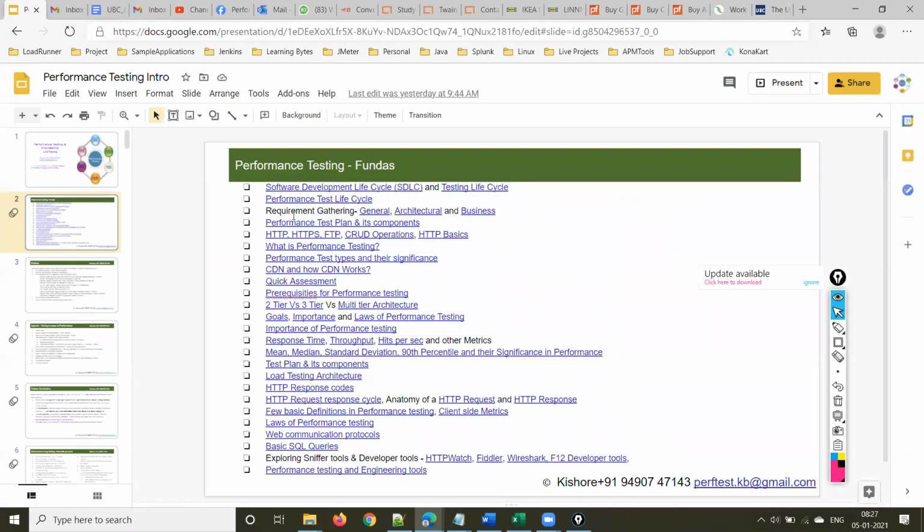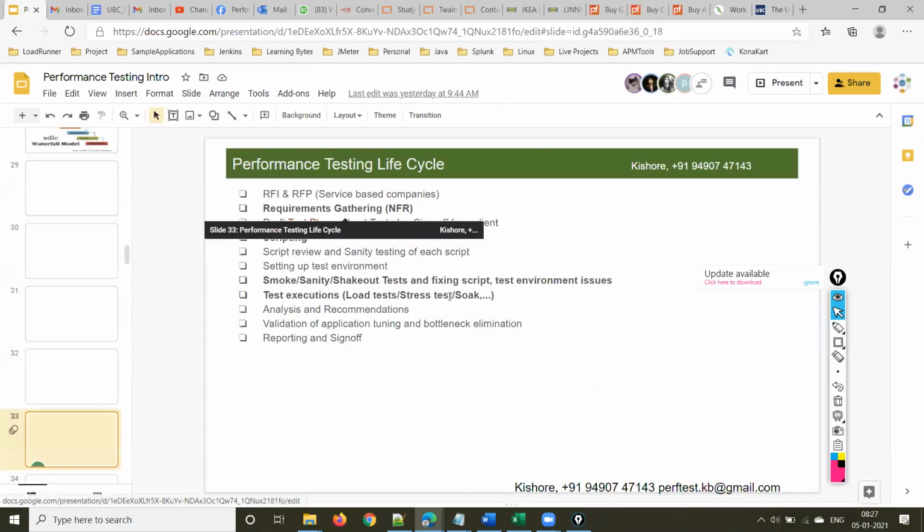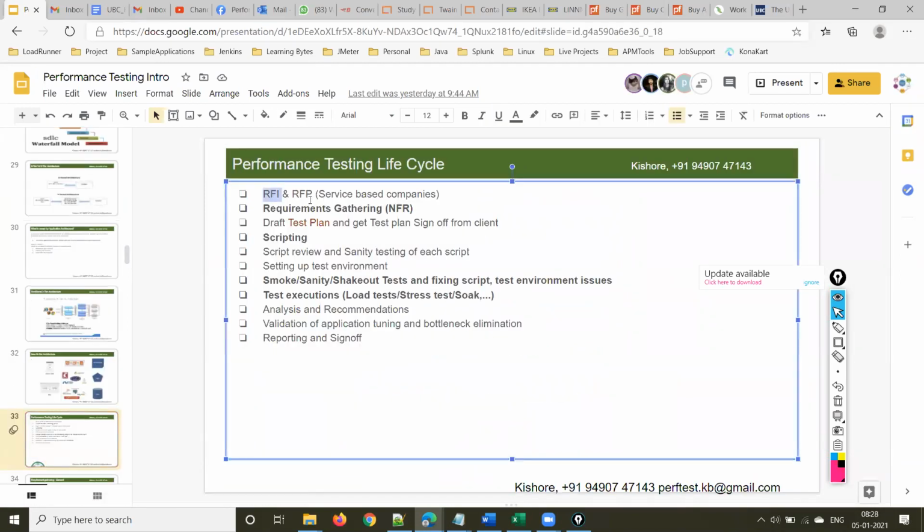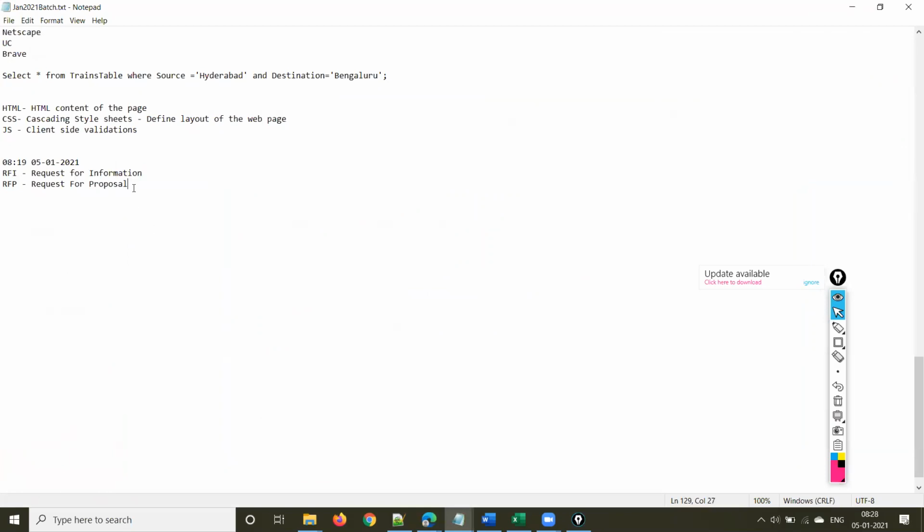So once they get responses from different service-based companies, the client will shortlist some service-based companies, and they will ask the shortlisted service-based companies to submit an RFP. RFP stands for request for proposal, right? They will explain their application, explain their requirement in brief, and ask them to come up with a solution. RFP stands for request for proposal, or that is also called a solution document.